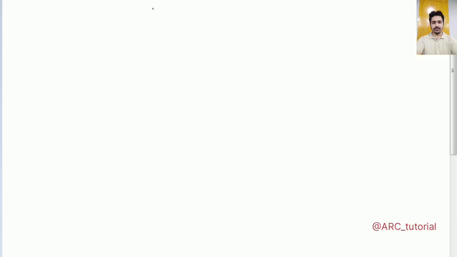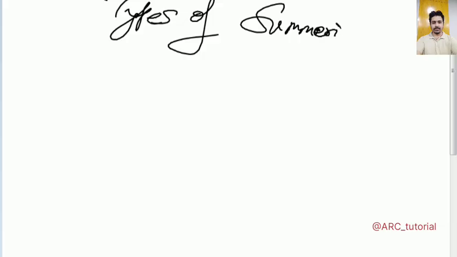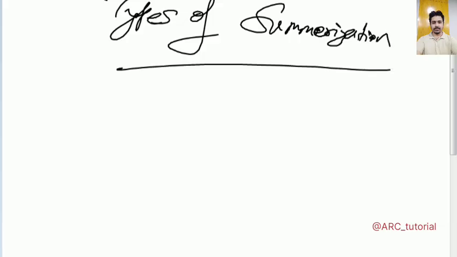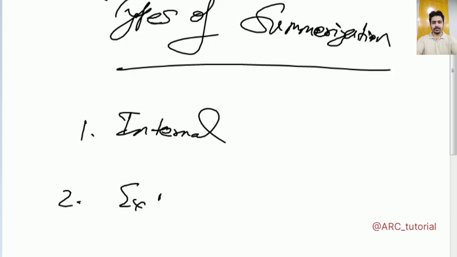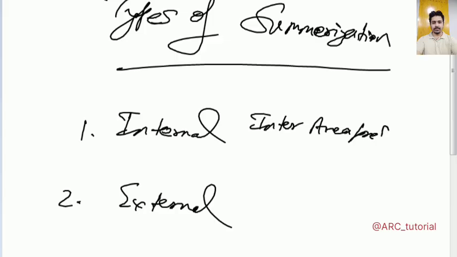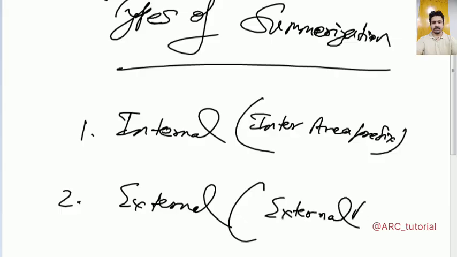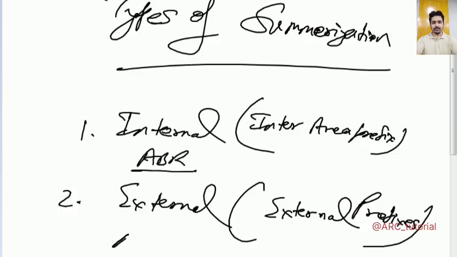After it, let's talk about types of summarization here. OSPF supports two types of summarization: internal and external. Internal summarization can be done for inter-area prefixes. External can be configured for external prefixes. Internal summarization can be configured only on ABR. External can be configured only on